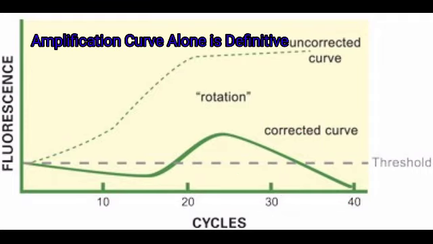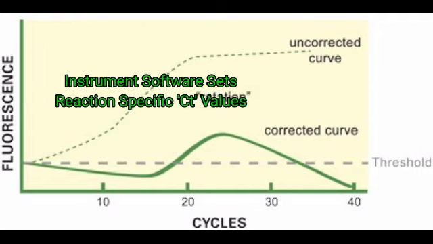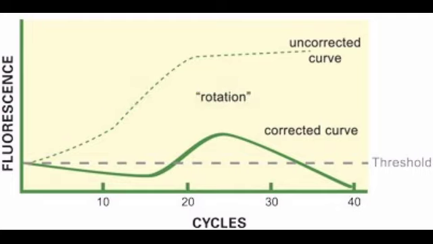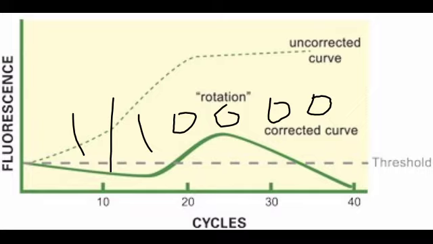While the amplification curve shape is nearly definitive, if the instrument software being used sets reaction-specific CT values, a second hint that this is occurring is that the CT value threshold is very high compared to controls or other well-behaved samples. That is, the background signals are much higher than normal. Fortunately, if this readily distinguishable curve shape is observed, proving the root cause is readily done by repeating the test on a greatly diluted sample, where a 1 in 10,000 dilution will be reasonable.